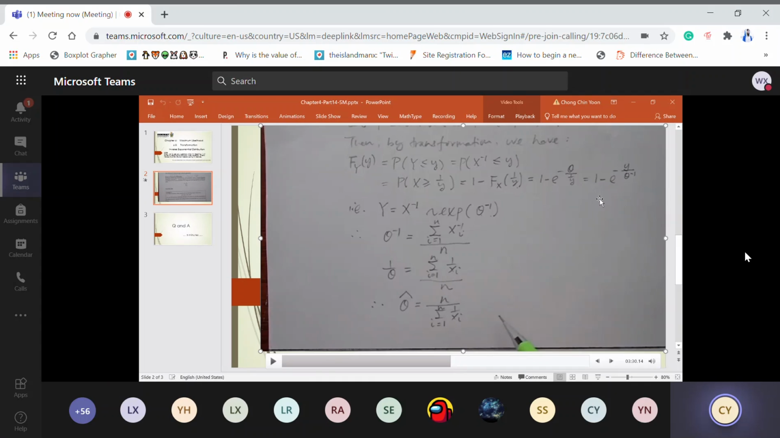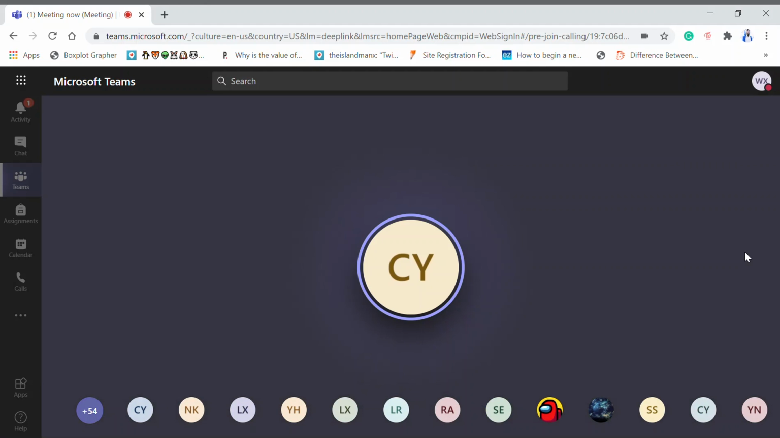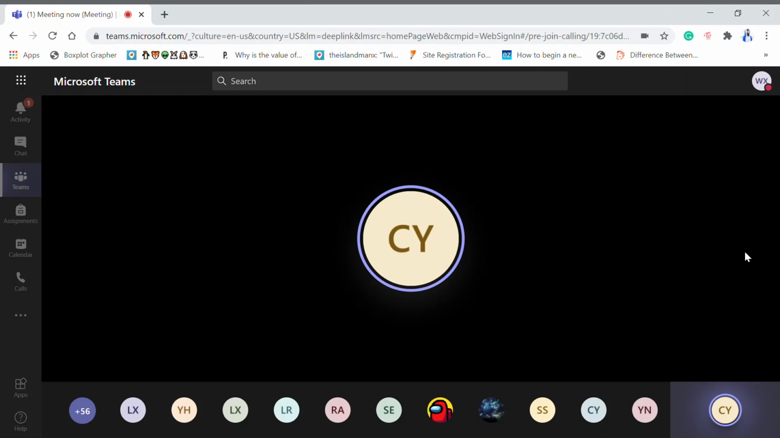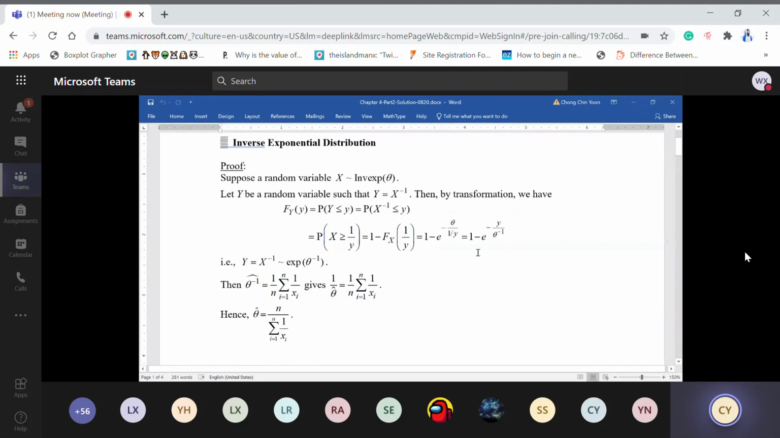what they call this inverse. This is exponential, right? Maybe I share the Word document. You hold on. Okay, so this is a 1. So you can see from this CDF, right? This CDF I convert to here,